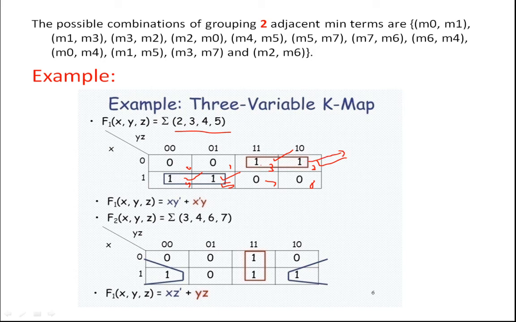If you see, for these 2 ones we have 0, so we represent this as x bar. So x bar is going to be a part of my expression. And then for these 2 ones, you can see here it is 1 1 and 1 0. It is x and y, and here x and y, and here it is x and y bar.